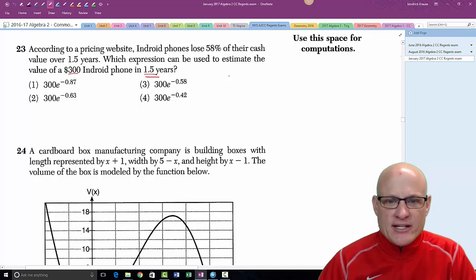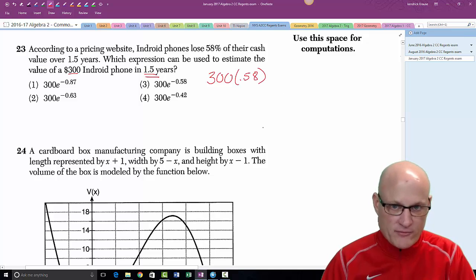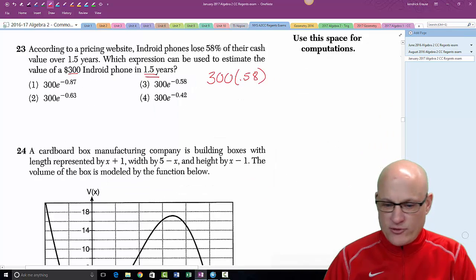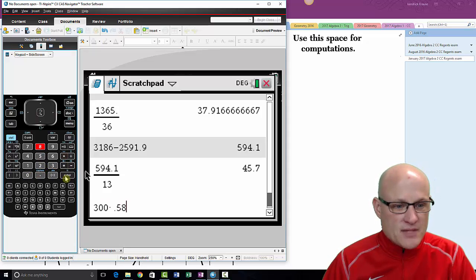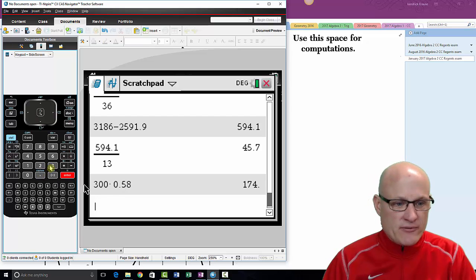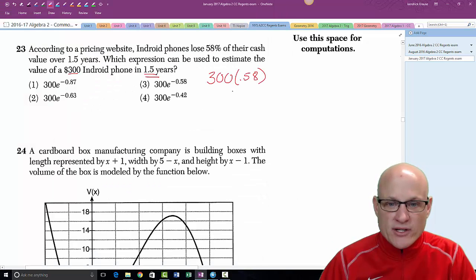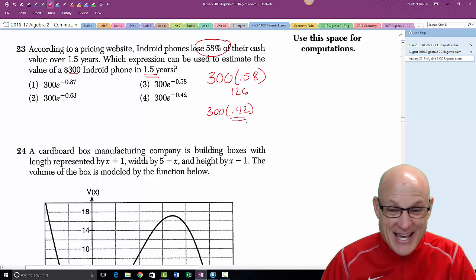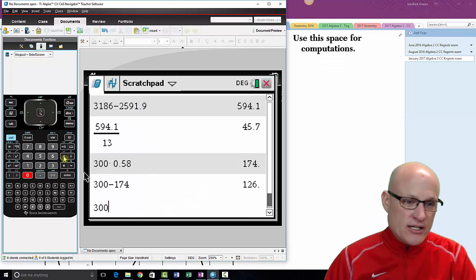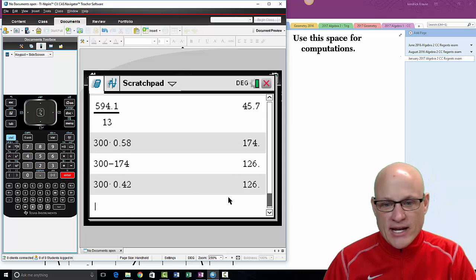Well, let's do this. Let's say if we're going to lose 58%, let's take 300 and multiply it by 0.58. Now, some of you are like, oh, I'll just multiply by 0.42. Yeah, whatever. I'm just doing it this way because most kids will understand this. So we take 300 and multiply it by 0.58, and we say, okay, we're going to lose $174. So take 300 and subtract off 174. I get 126. Now, somebody could have said, you could just take 300 and multiply it by 0.42, because if I lose 58%, that means I still have 42%. And I could have just done this, 300 times 0.42, and I get 126.